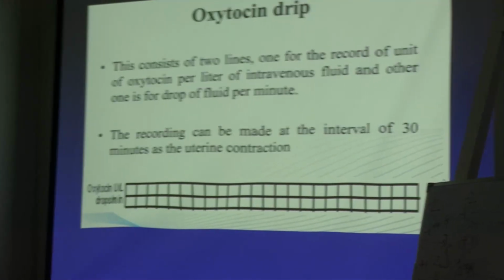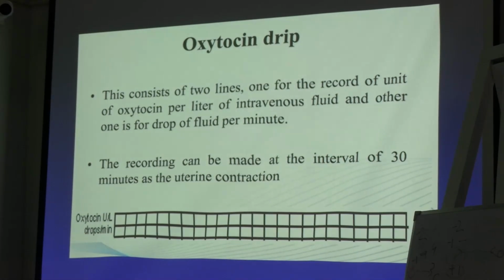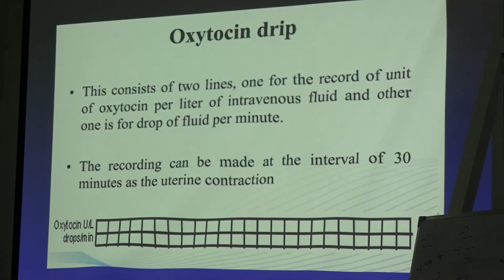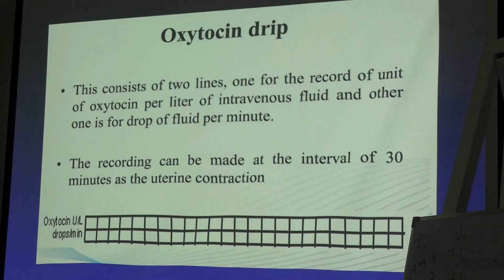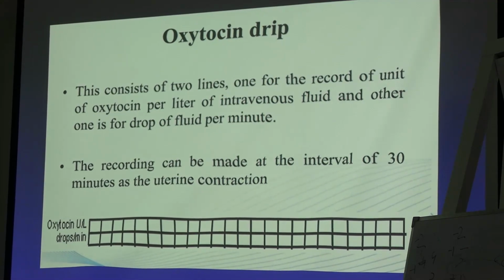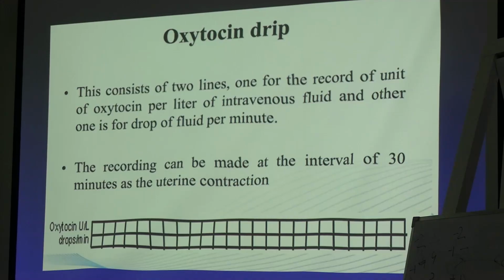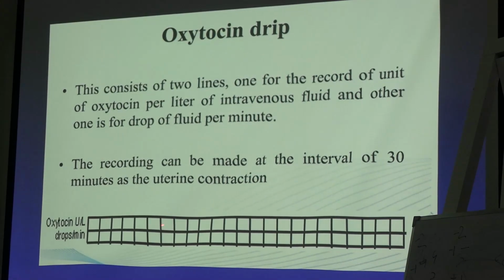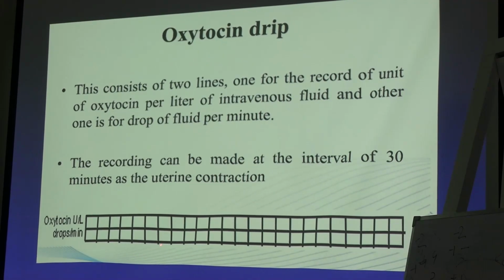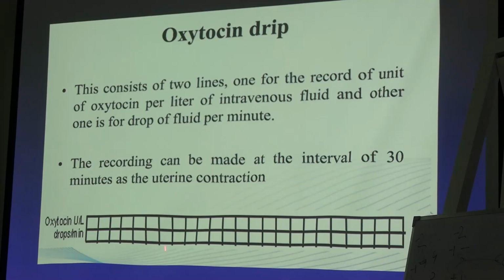Okay. So here we plot the uterine contraction. Then next comes the oxytocin. Those who have the graph, look at oxytocin. Here it is units per liter. Suppose, as I told you earlier, at 6 p.m. I started the oxytocin. Suppose first we have given 5 international units of oxytocin. Here I will write the 5 and drops. Suppose I have started 10 drops per minute. So I will write 10 here.